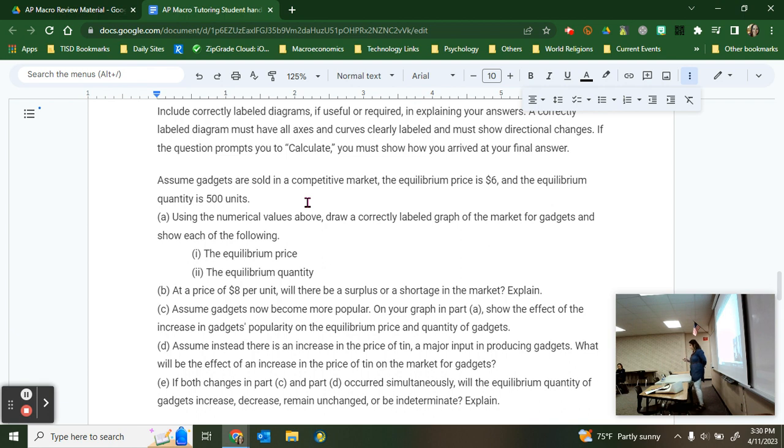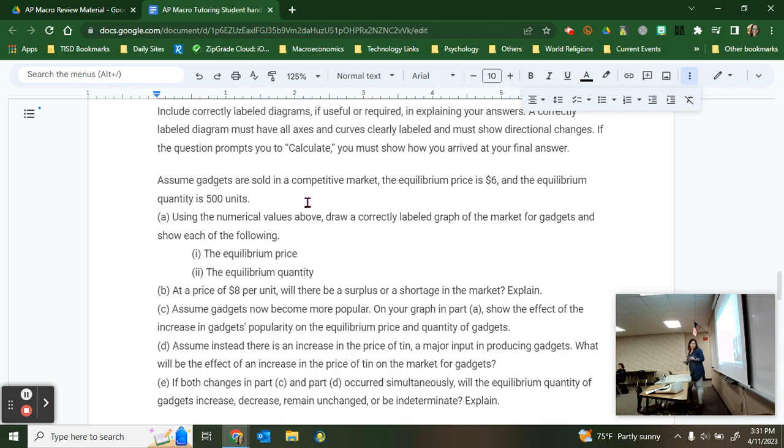Could I have said if price of tin increases, then the supply of gadgets decreases, and then the price of gadgets increases? That's fine. You're just giving me extra information. And what if I said the cost of one of its factors of production increased? Did you say what happened to supply? Yeah, that's fine. Isn't it just like B though, like it's more expensive? B is saying that there's nothing that caused it to be more expensive. B is saying I'm just marking up my prices. Also, if I label the y-axis PL, don't label PL only on aggregate supply and demand.